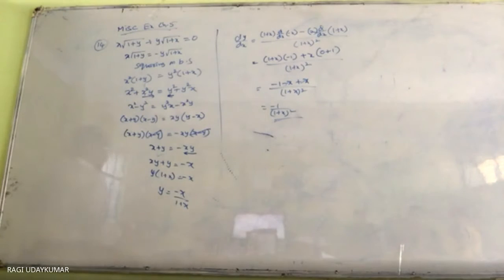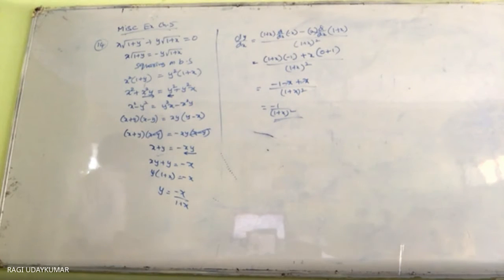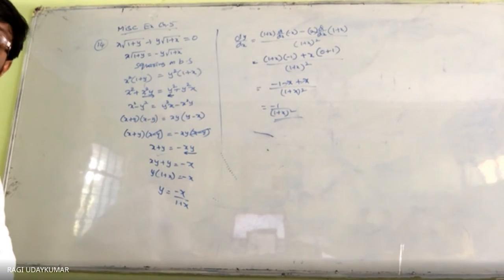Next, apart from this, the 15th question is also given to you. (x minus a) whole square plus (y minus b) whole square is equal to c square is given, and it asks you to prove that [1 plus (dy by dx) whole square] whole to the power of 3 by 2, divided by d square y by dx square, the double derivative, is constant. The problem is lengthy but not complicated. It looks lengthy, but it is not more complicated.